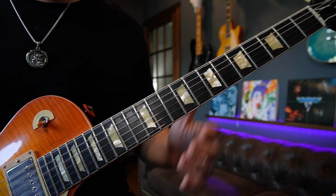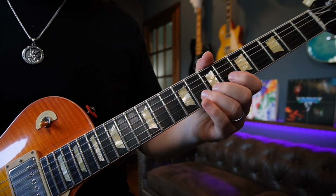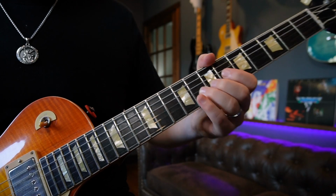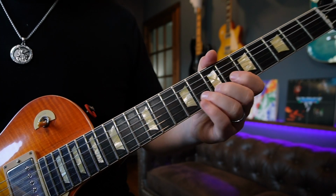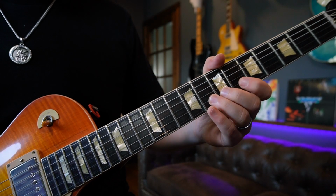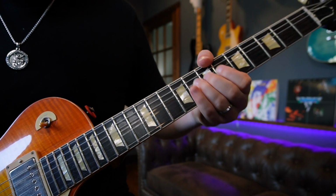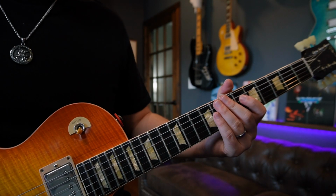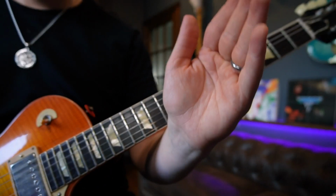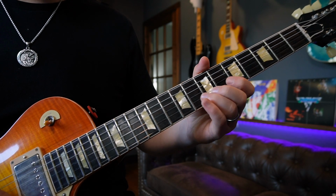Right, maybe I don't need that. Maybe I need a fast bend. Maybe I need to go right into vibrato, like very aggressive, like Angus Young vibrato. Or I need a fast bend into slow vibrato. Being in control of all these attributes is very, very important. How fast the bend is. Is it going from point A to B super fast? Or obnoxiously slow, like...